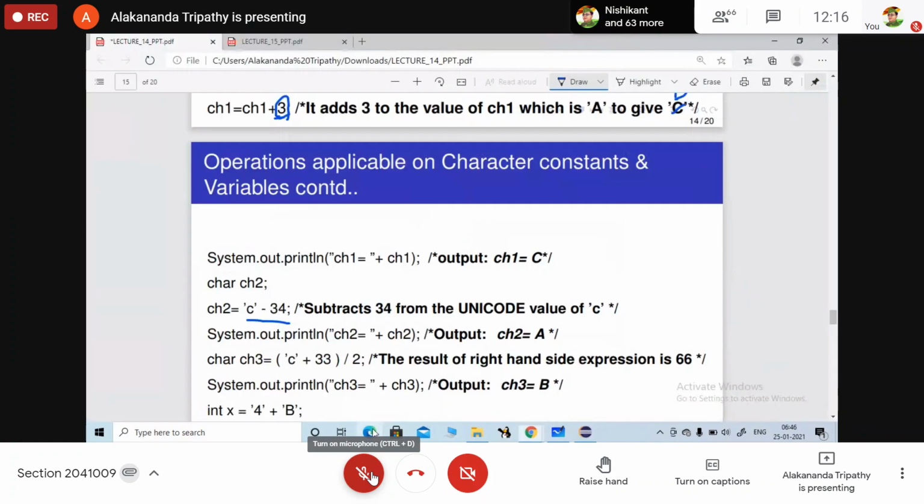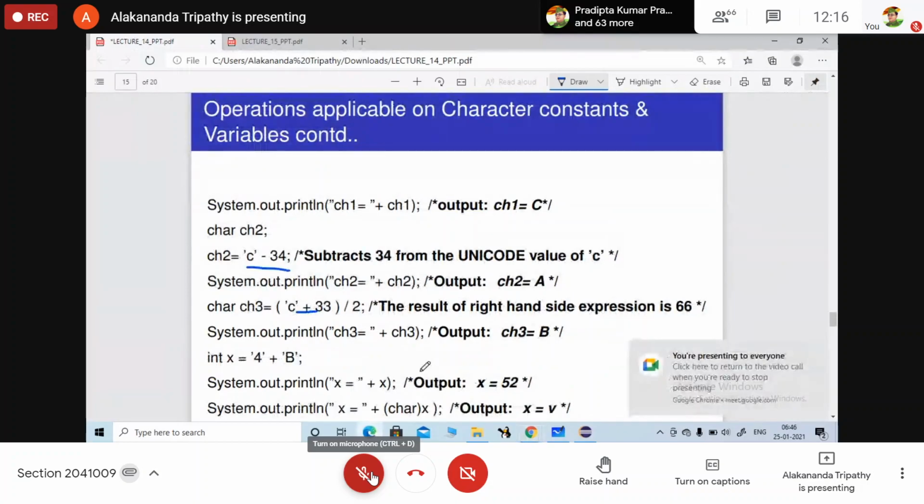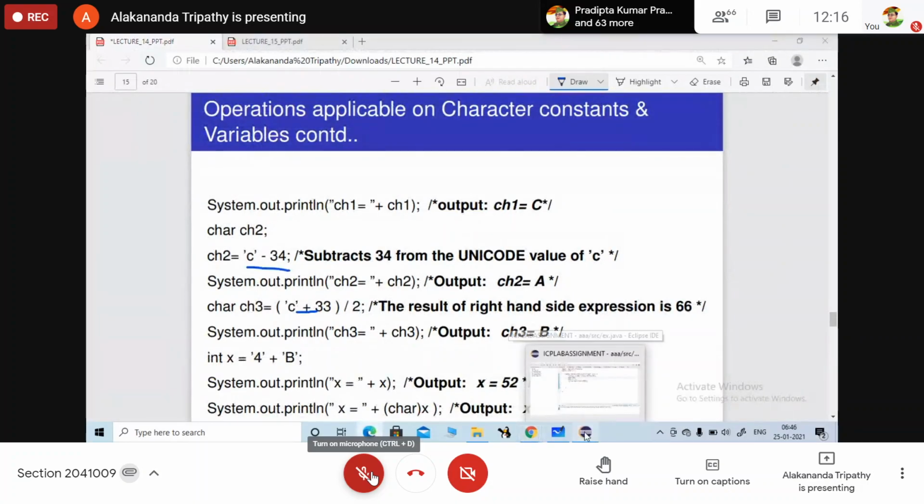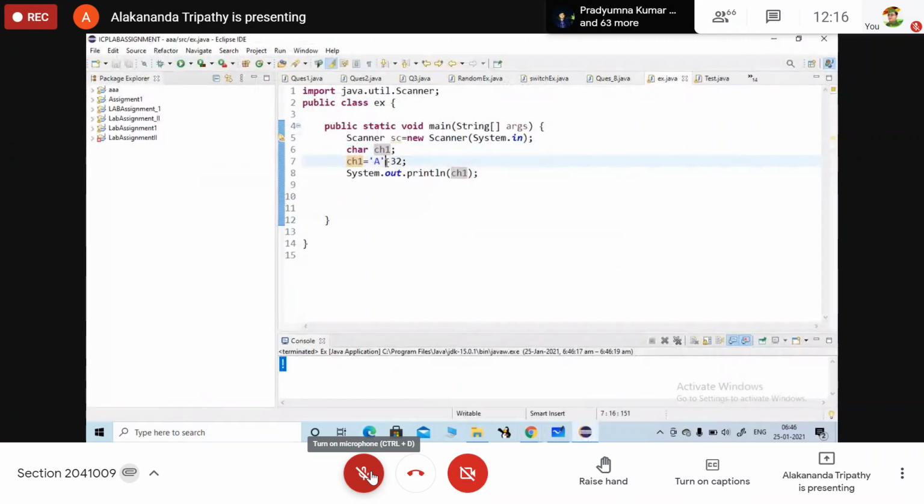So the next question here is, if I am going to add plus 33, what will be the output? 65 plus 33.